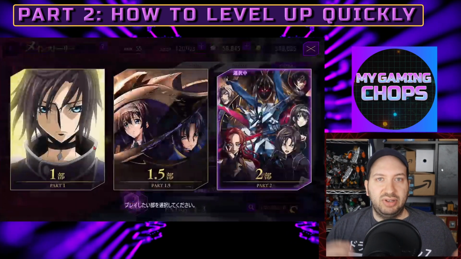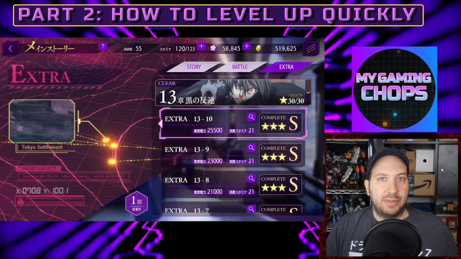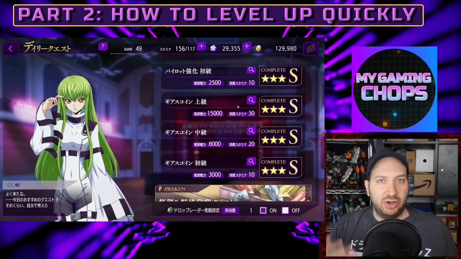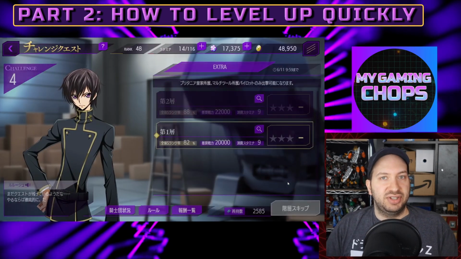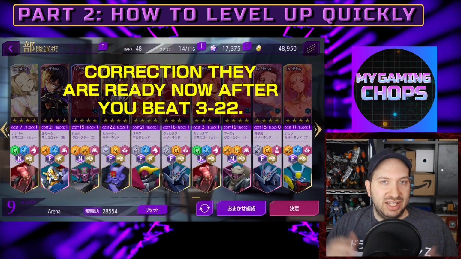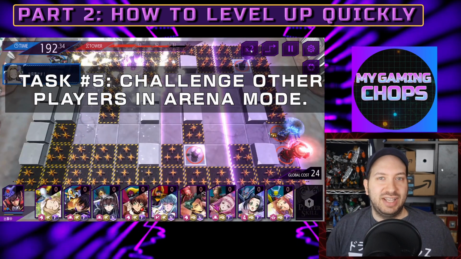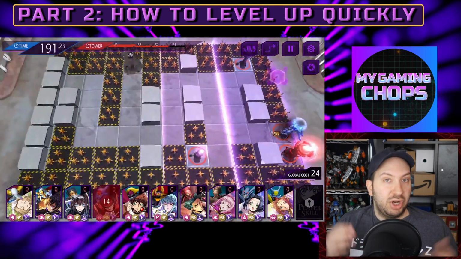In the mid to late game, you'll probably have most of the chapter missions completed, so at that point, it makes sense to just do a daily quest. We will also get challenge missions down the road, which you can complete in addition to the daily and the campaign missions. The next thing I would say to do is go into arena mode, but arena mode is not